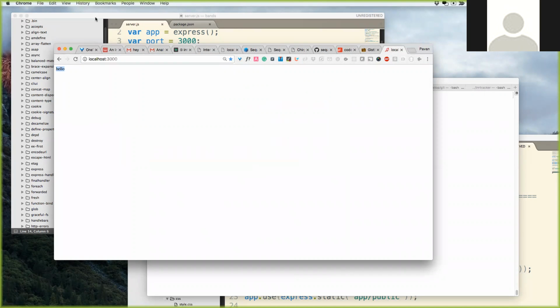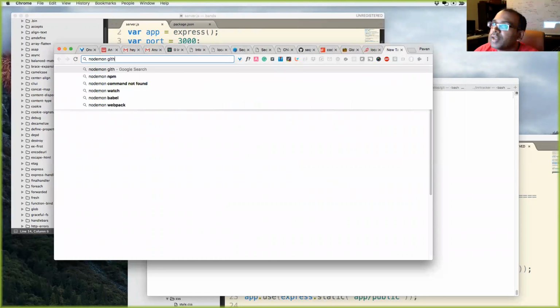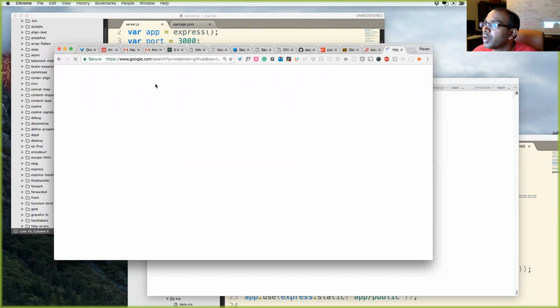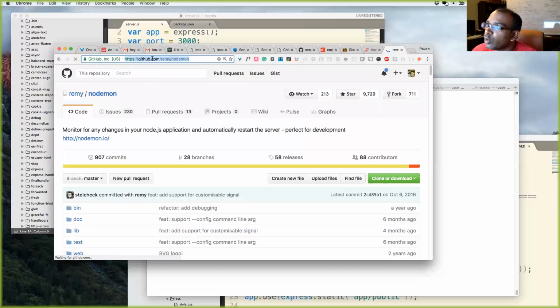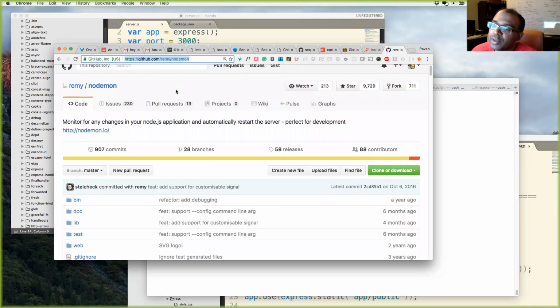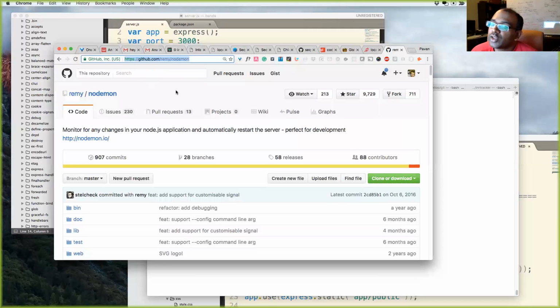Quick question. What is Nodemon? Because I guess I never caught on to that. Sure, absolutely. Nodemon, GitHub. Let me just give this to everyone right now. Nodemon is this npm package that watches for changes. It's basically the same thing as running node on your server.js file, but it'll watch for changes. And as changes happen, it'll restart your server for you. So you don't have to do Control-C, up, press enter, and rerun it.